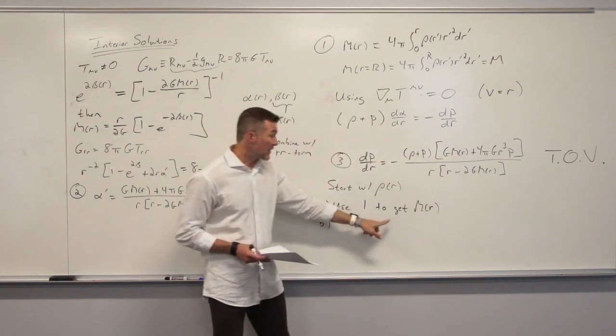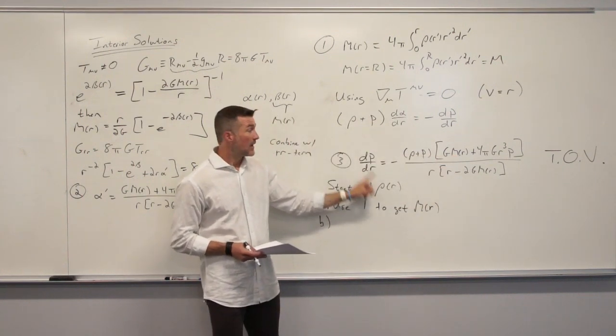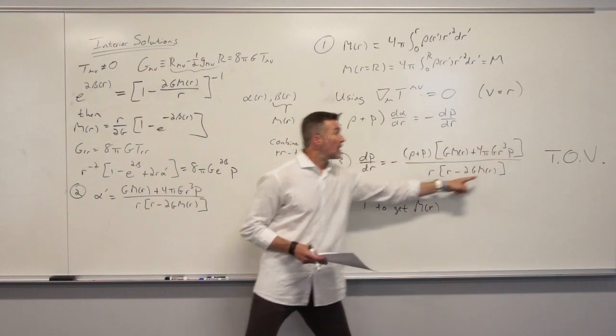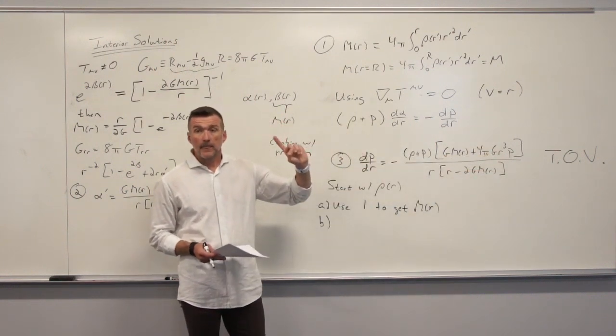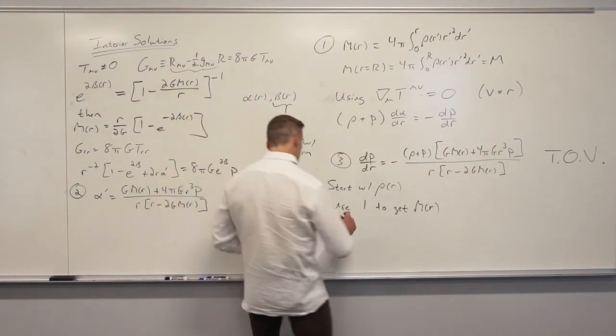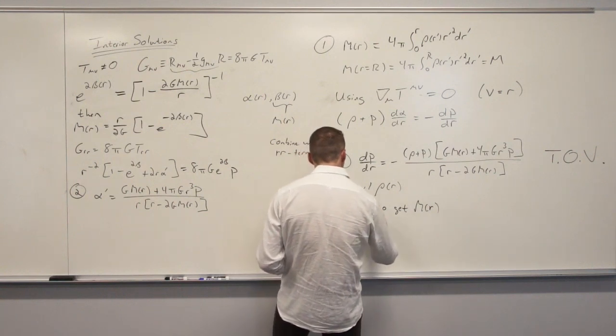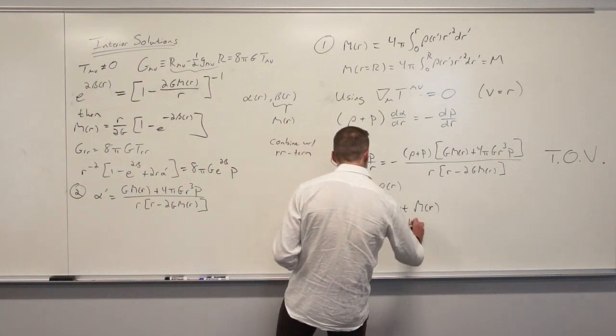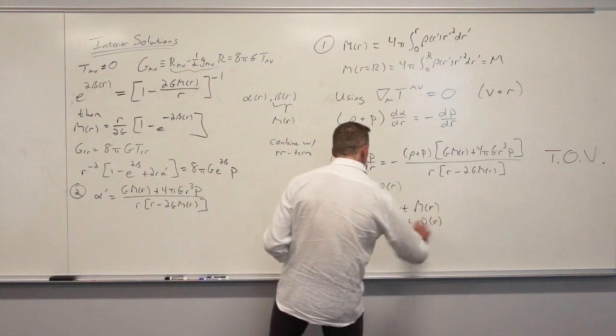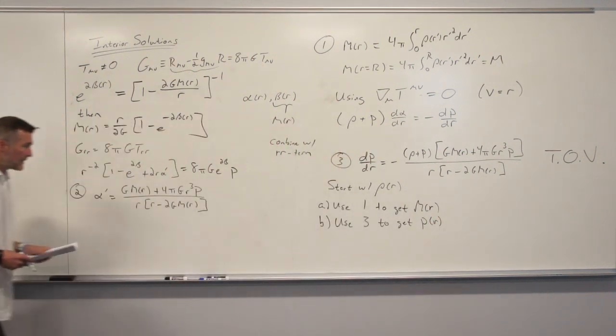M, we just figured out from the first step. So the only unknown in this equation is P, the pressure. So now we use 3 to get P. Okay? Once we have P,